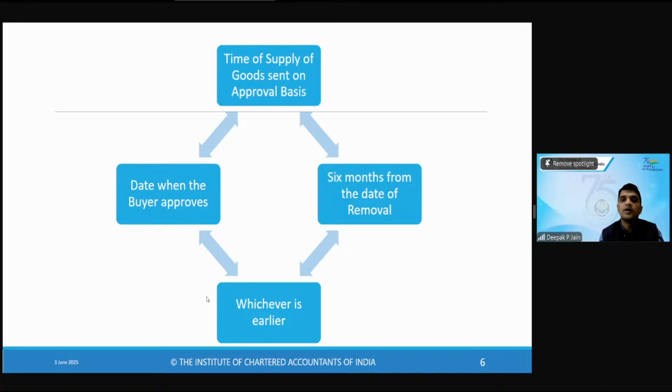तो गुड्स सेंट ऑन अप्रूवल मतलब, जैसे आप कोई ज्वेलरी के शॉप में जाते हो और आपको पसंद नहीं आता है लेकिन उसको बेचना है, तो वो बोलता है ठीक है आप घर पे लेके जाइए, भाभी जी को दिखा दीजिए, पसंद आ गया तब आप लीजिए, वरना आपके पास रख दीजिए। ठीक है, आजकल तो गोल्ड के भाव इतने बढ़ गए कि ये कोई रिस्क नहीं लेगा। बस कुछ छोटी चीजें जहां पे बहुत वैल्यूएबल नहीं है, ऐसा होता है कि गुड्स अप्रूवल पे बेचते हैं, तो फिर जब तक वो अप्रूव नहीं करेगा तब तक मैं इनवॉइस रेज नहीं कर सकता हूँ। लेकिन जीएसटी बोलता है भैया 6 महीने हो गए, आप इनवॉइस रेज करो और मुझे जीएसटी पे करो। ठीक है।